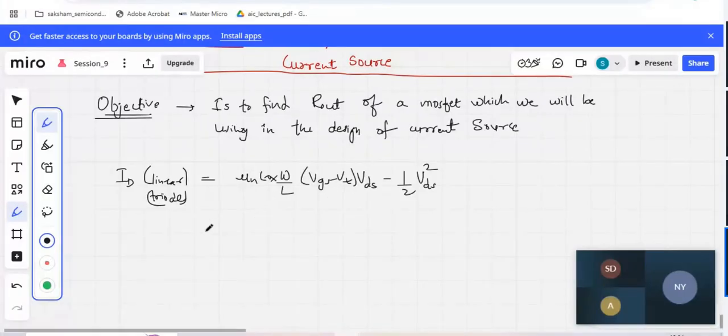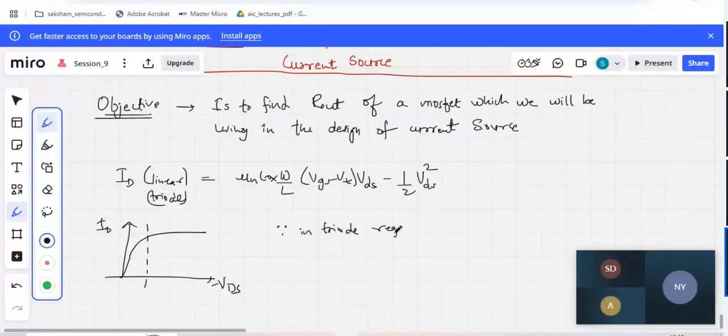Now, in the triode region, like over here, this is my ID and this is my VDS. So in this region here, in the triode region, we know that